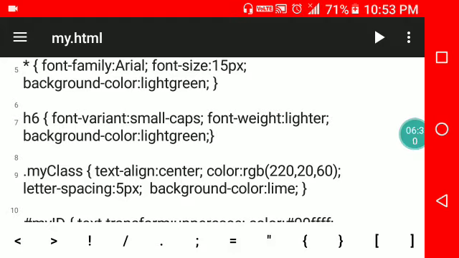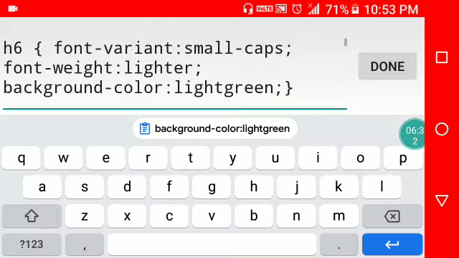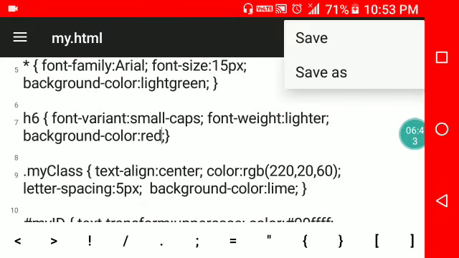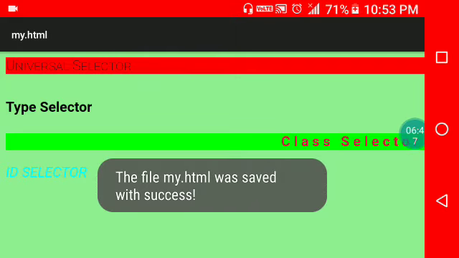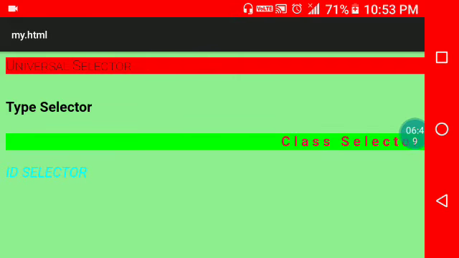Sorry, change the color name. I am writing red here. Save the file and run the program. See the output. Clear?